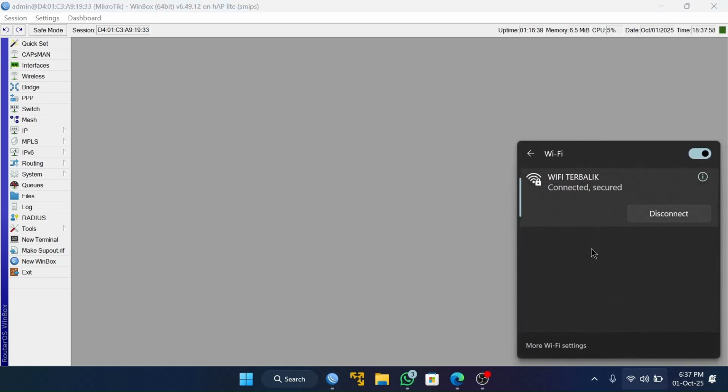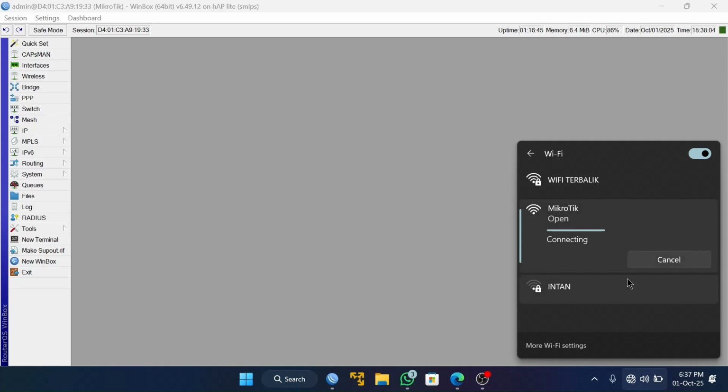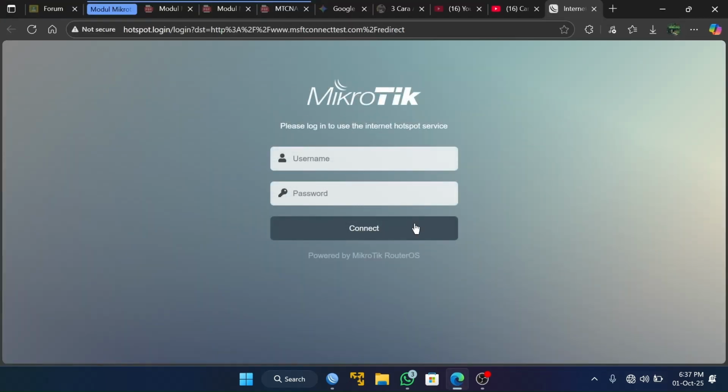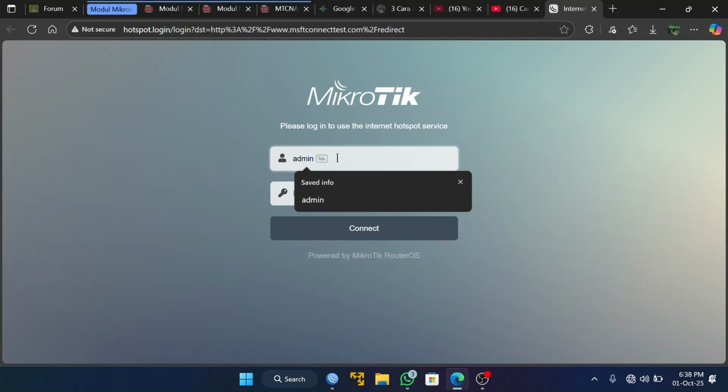First, you can connect to access point here, MikroTik, and click connect. The hotspot login page has opened. You can log in by typing the account we have made, and password fill 123.